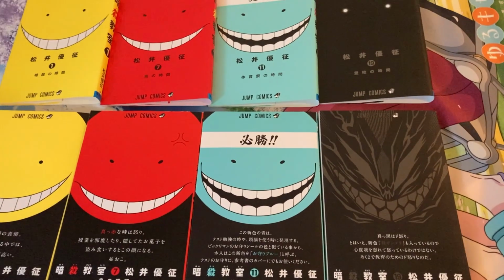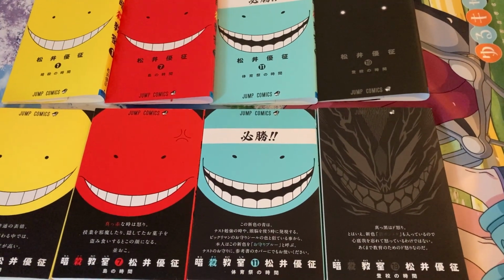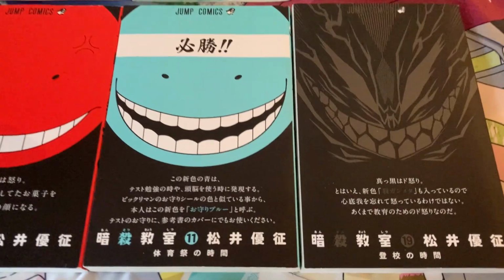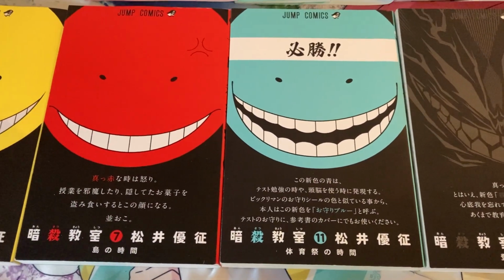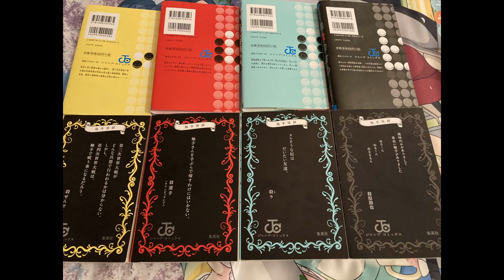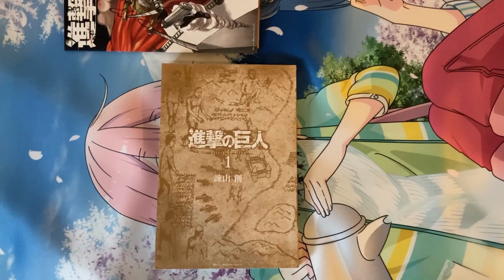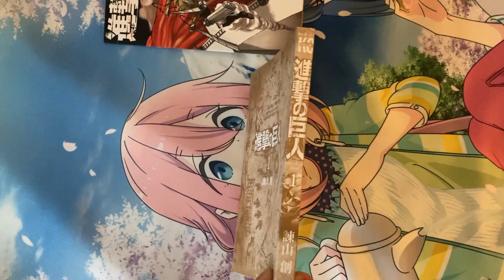Assassination Classroom, for instance, has the shape of Koro-sensei's face, instead of just having the color take up the entire cover. Under his face there is an explanation of the meaning of his face, and on the backside there is a quote from Koro-sensei. Looking outside of Shonen Jump titles, there are also a lot of different types of illustrations